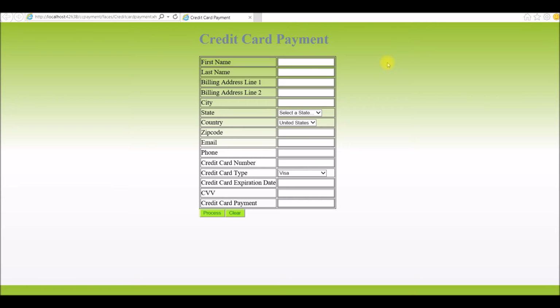So I'm going to give you a live demonstration of the credit card payment. I'm going to get all the information from the registration part and fill in all this information and make sure it matches before the process takes place. Once the customer has filled all the requirements, they hit process, and it says error, fix the phone number. Now when they hit process,